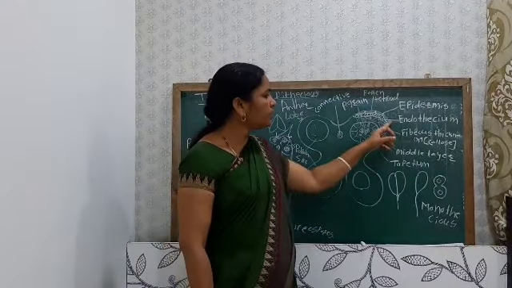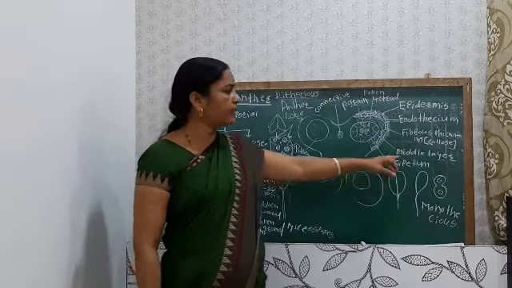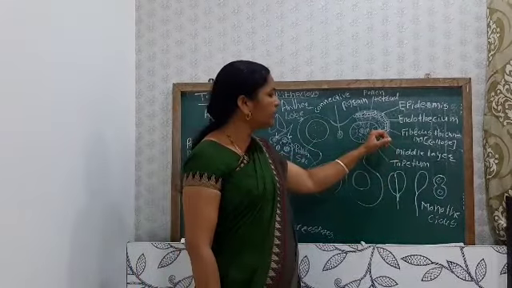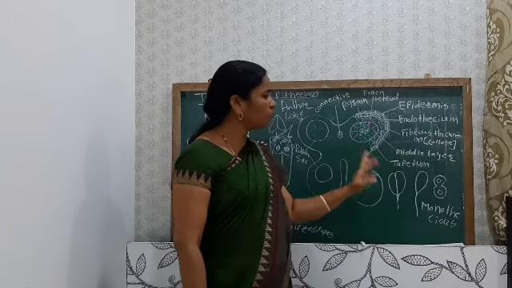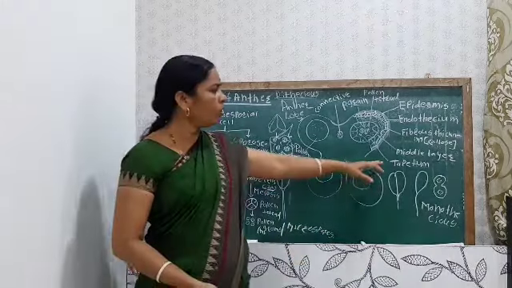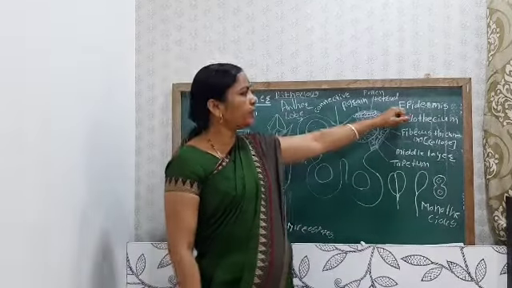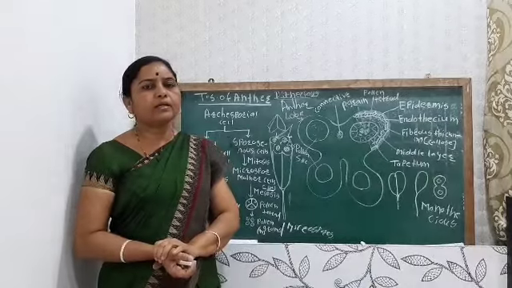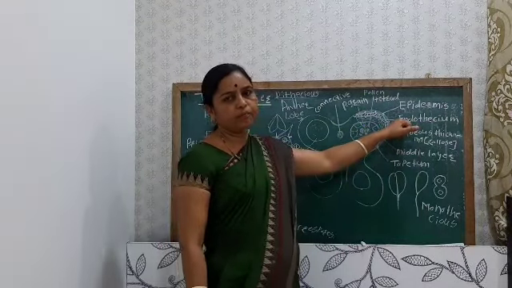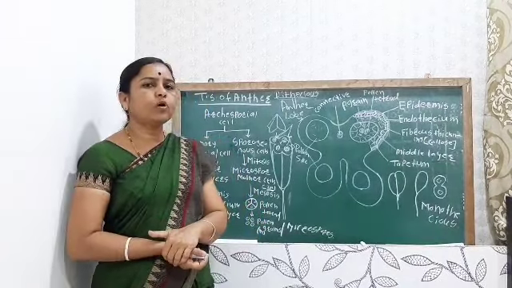Then inside the endothecium there is the middle layer. The middle layer is mainly made up of 1, 2, 3 cell layers. Then inside the middle layer there is the tapetum, that is the innermost wall of the anther, known as the tapetum. So see, that is one by one the function of these anther walls. Epidermis gives protection to the inner part of the anther lobe. Then endothecium mainly helps when the anther gets mature, so it mainly helps for the dehiscence.